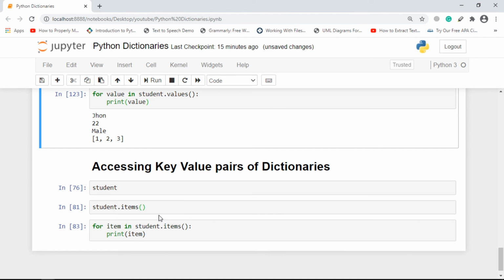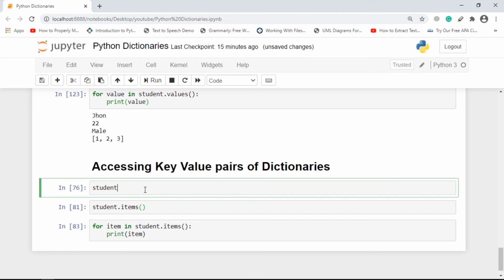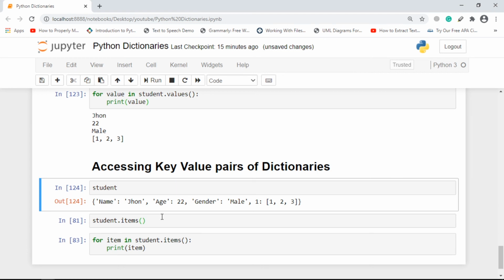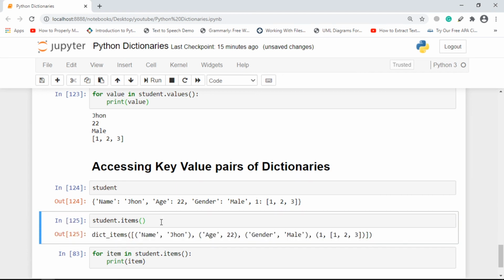The last point is, what if you want to get both key and the value of the dictionary? There is a use case where you want to iterate on every key and value of the dictionary. How you can do that in Python is quite easy. So this is the student. Now if I go for student.items, it is providing me a list, right?